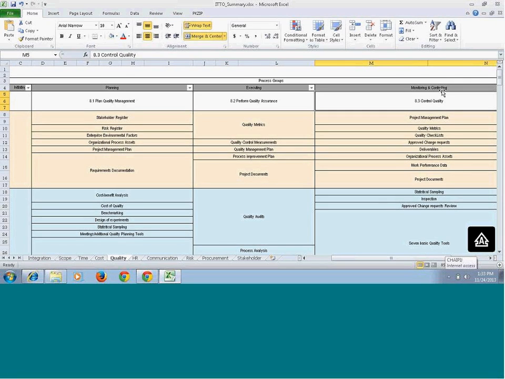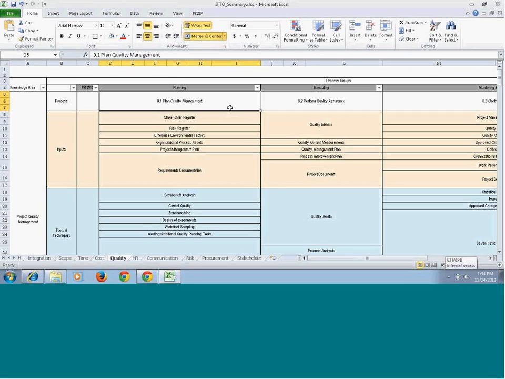And the third one is in the monitoring and control process group, where you have control quality as a process. So let's begin with the planning process group. We have plan quality management. The inputs, tools, and techniques are